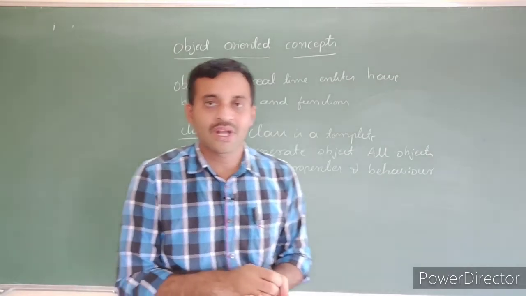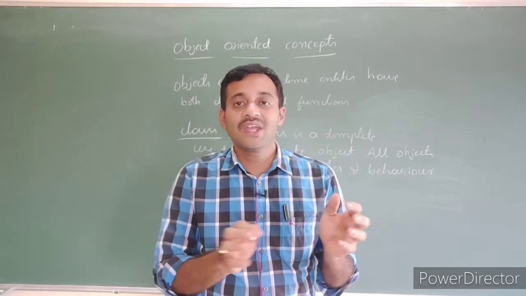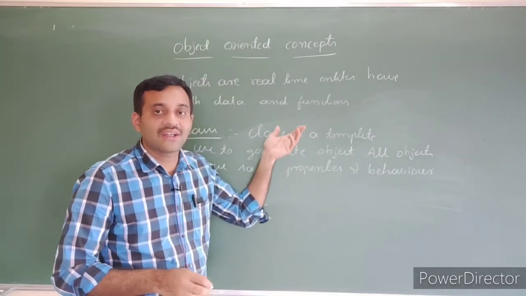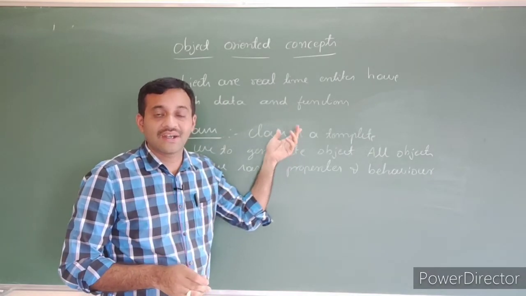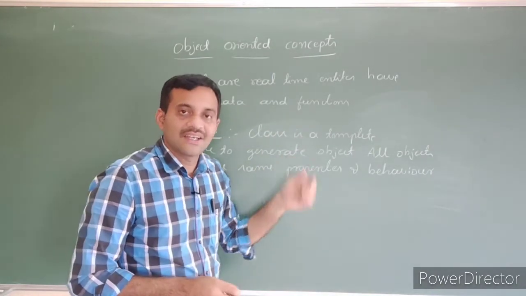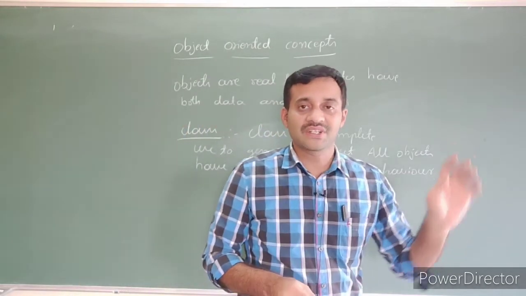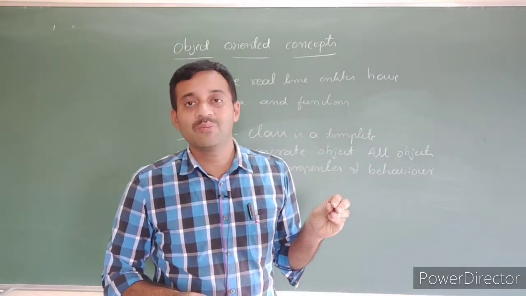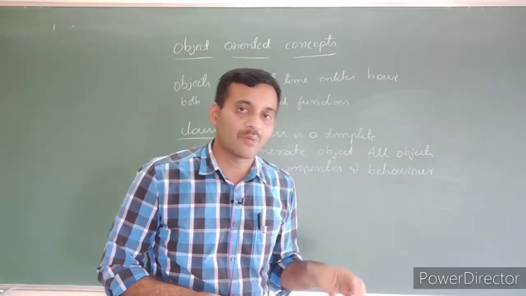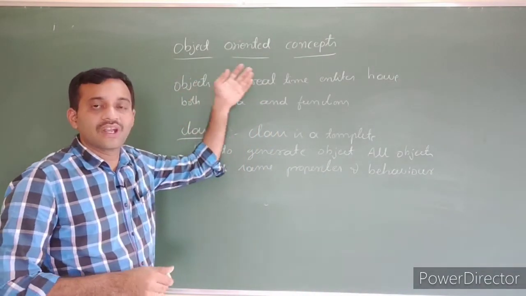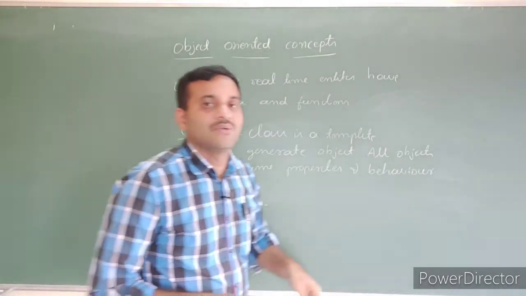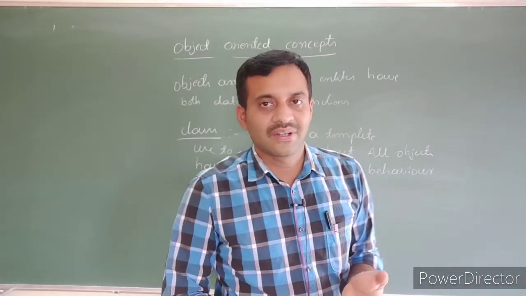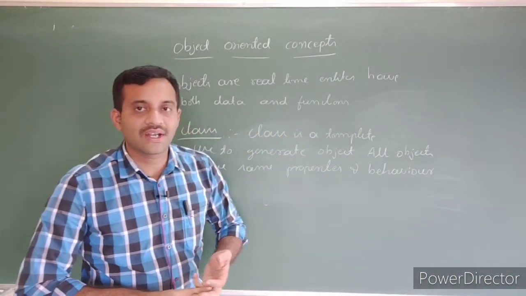In object-oriented programming, objects and classes are the main concepts. Without a class, we can't create any object. A single class can generate many objects. All objects share the same name and the same properties. That is what we call an object-oriented class. We first create a class, then an object. Using this concept, we construct a program, which is called object-oriented programming.